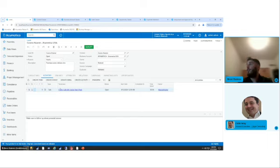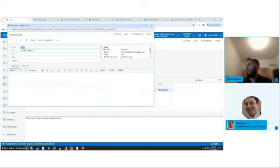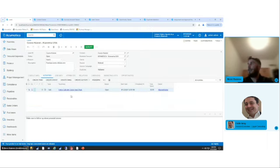Other activities you can do. So obviously you can create an email. You can do that right in Acumatica and pull up your from email address, and it'll look like it's sent just from your Outlook. But that's where that Outlook add-in can come into play, and you can just send an email through there, and make sure on the add-in you would reference this lead, and that activity would show up here. Other activities you can do are creating chats, messages, phone calls,